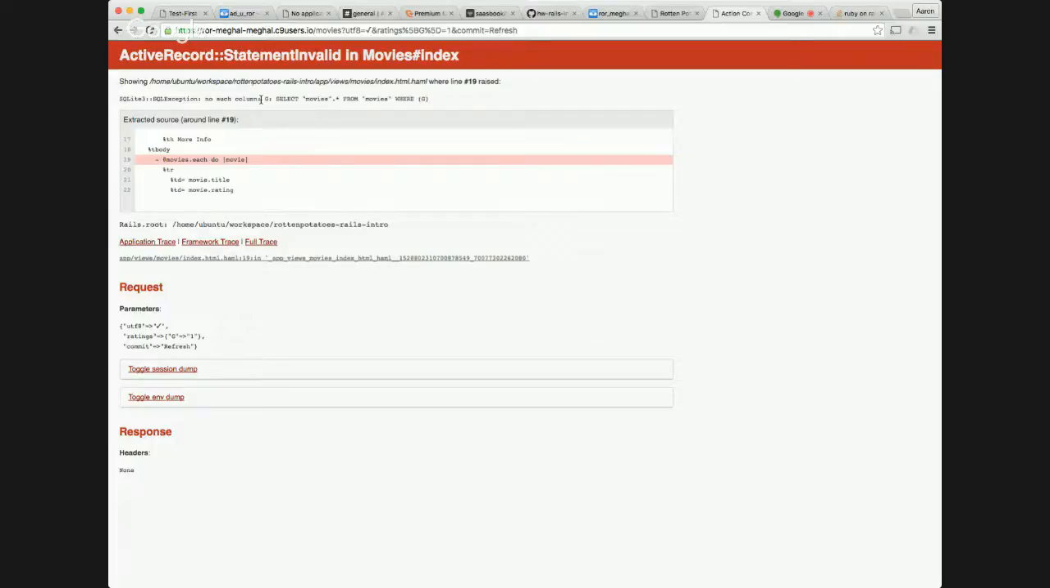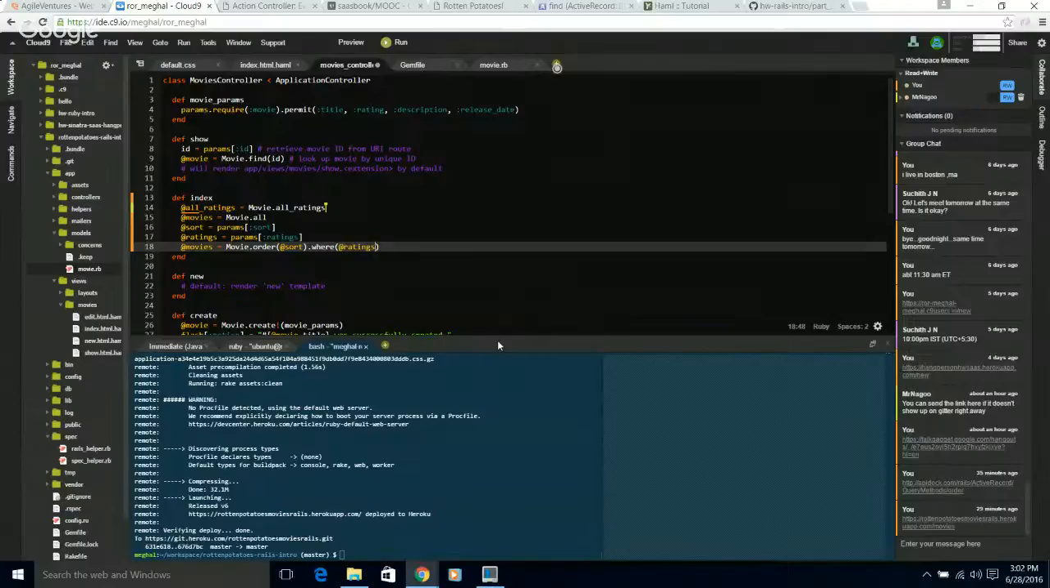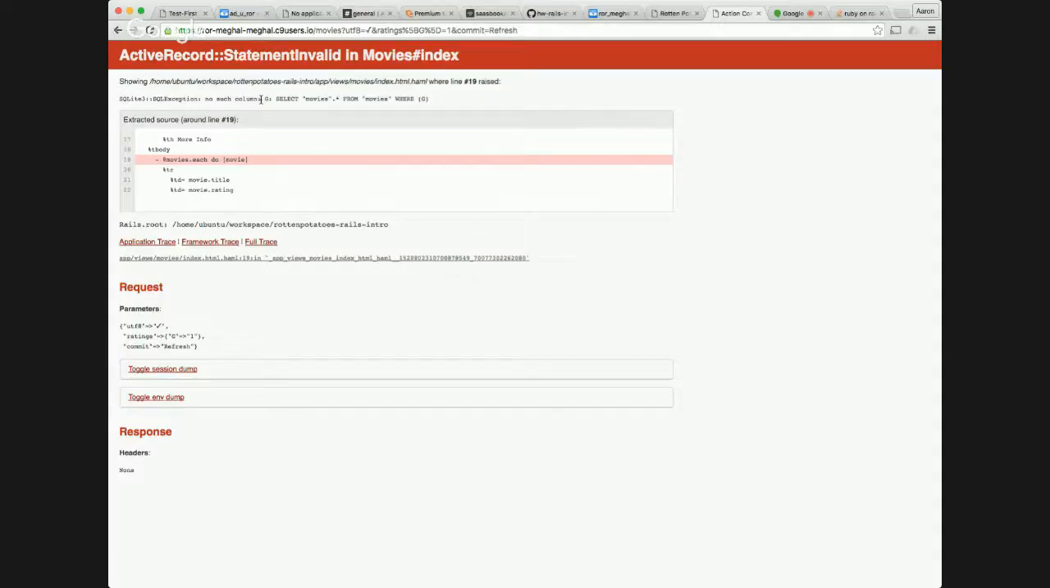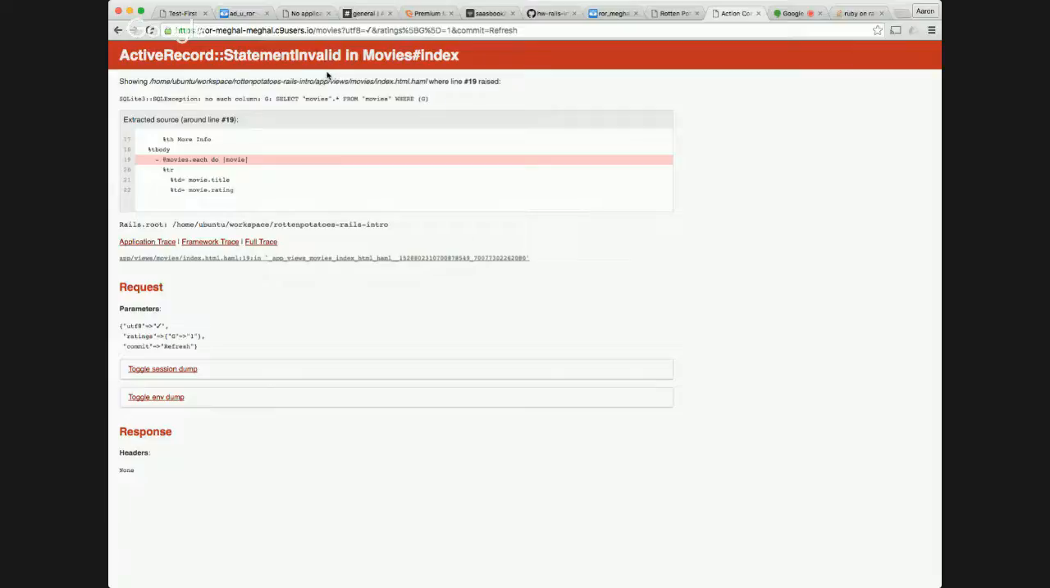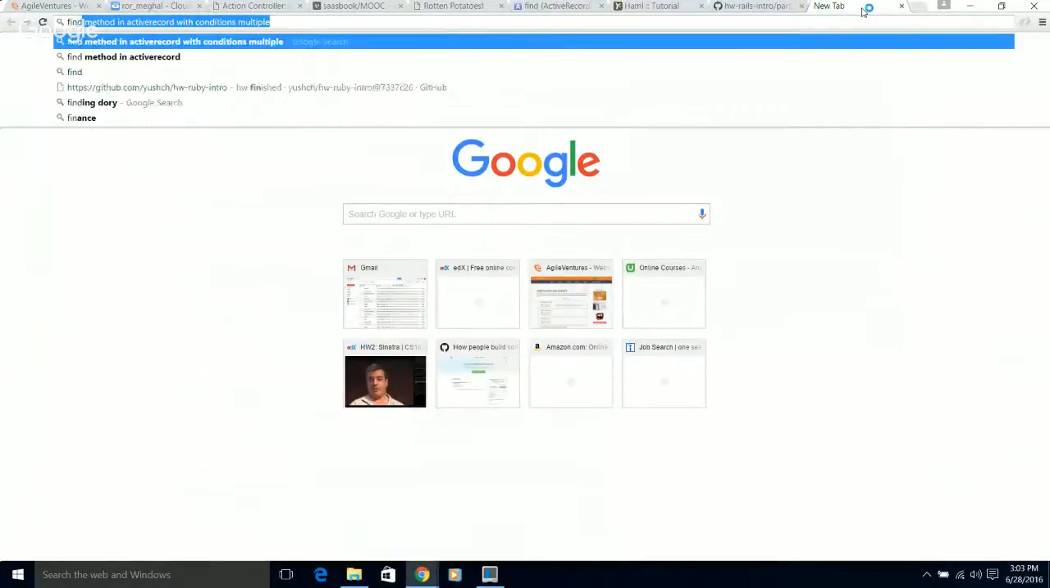I'm getting the exception where it says no such column G. Right. So we want where ratings. Oh, how would that do it? Okay. So ratings, and then rating like an array. So you put the key inside of it. Where ratings.find